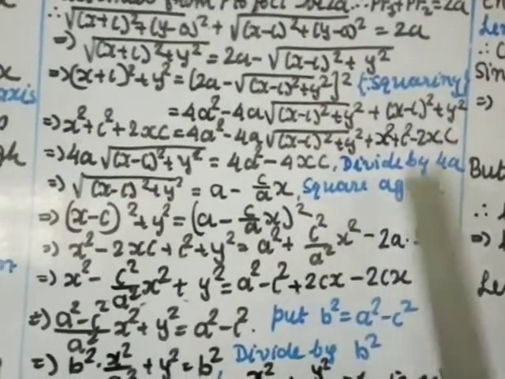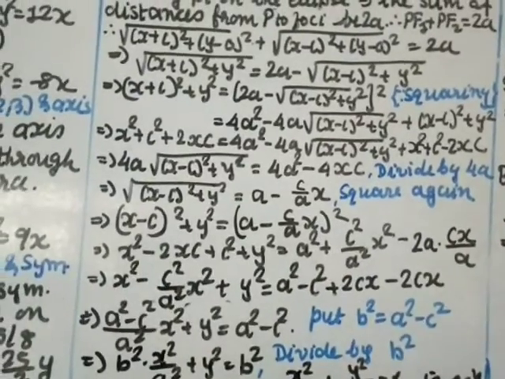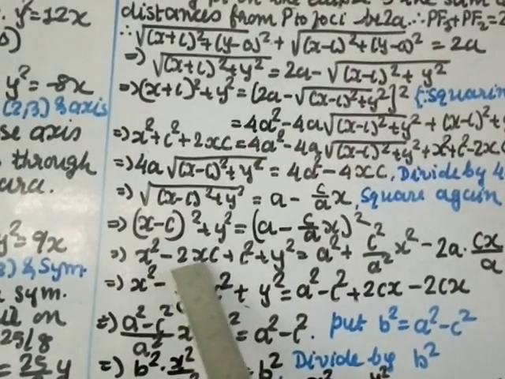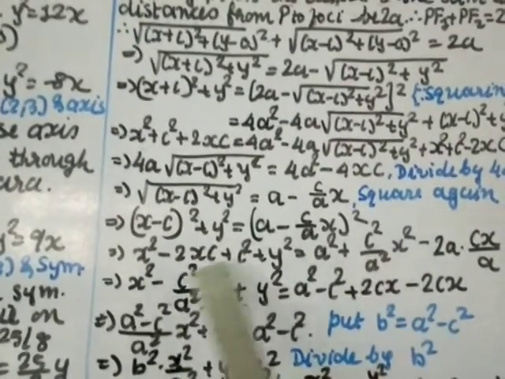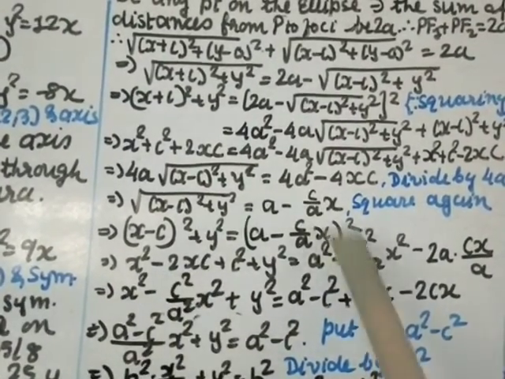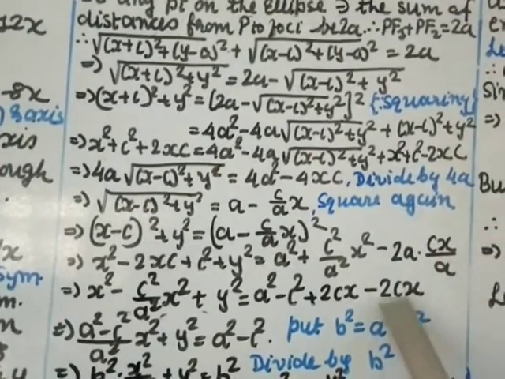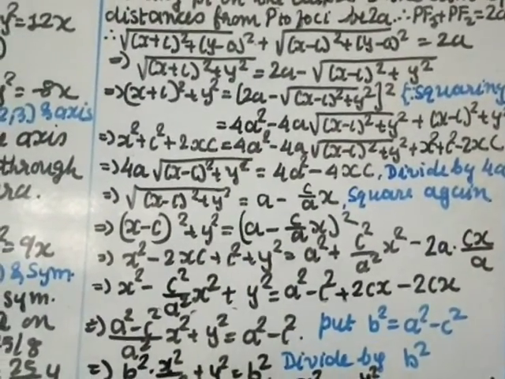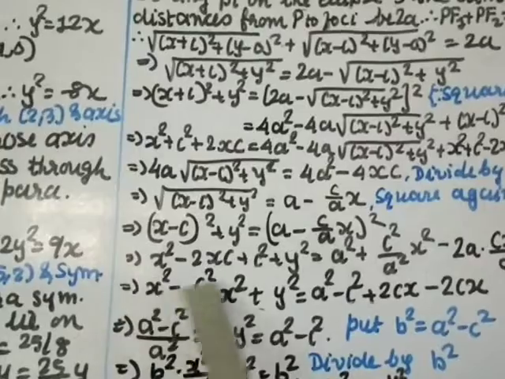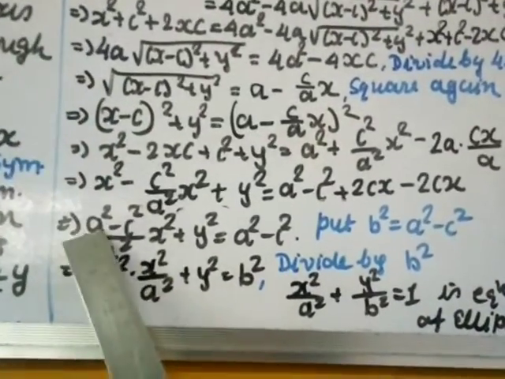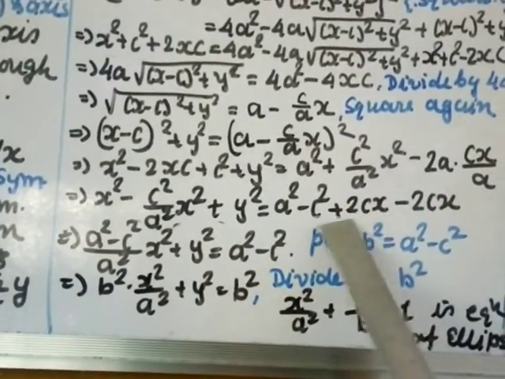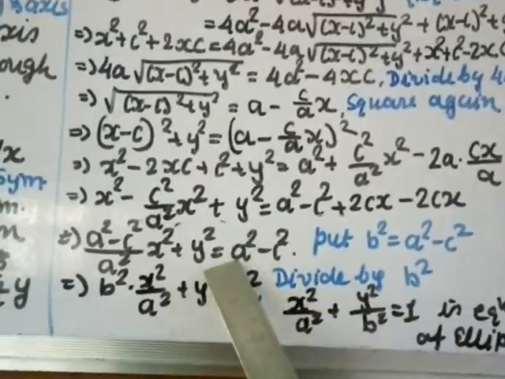Now here this x square term I am transferring over here, it is positive, when you transfer it becomes negative, so here x square minus this you transfer c square by a square x square, then minus 2xc and plus c square transfer over here, so here a square, this c square transfer, so minus c square, minus 2cx you transfer, so plus 2cx, and this one 2cx is here, that is negative, and this y square is as it is. Now here I am taking the LCM, so a square, and plus x square I am taking out, because from this both terms x square is common. So here you get (a square minus c square) divided by a square into x square plus y square equal to, see 2cx positive, 2cx negative, so cancel. So here you get a square minus c square.